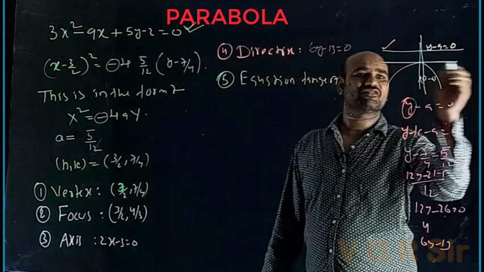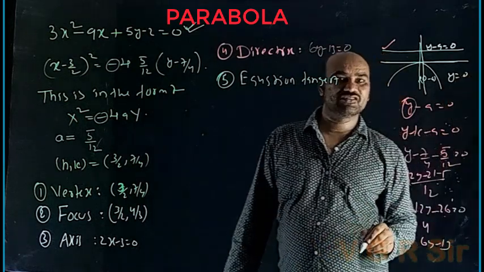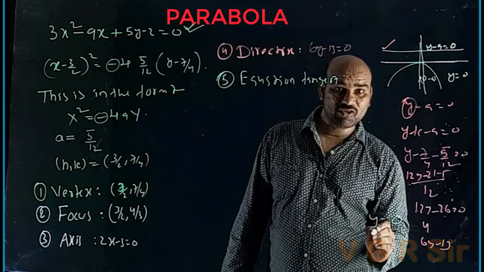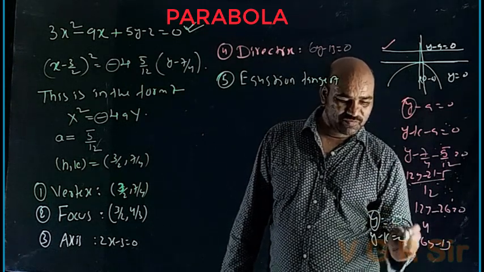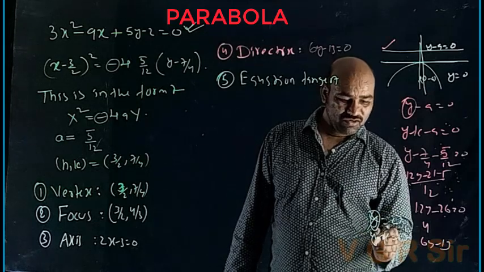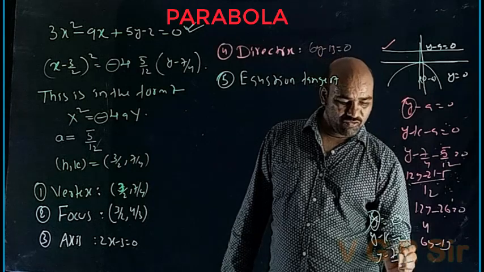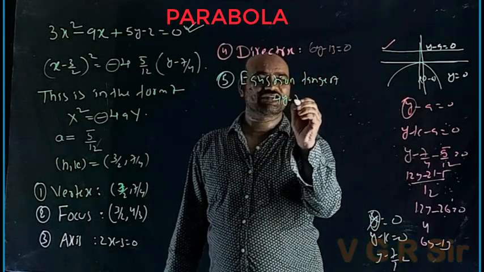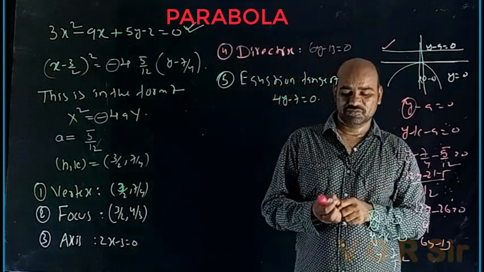Actually here, the equation of the tangent is the x-axis. X-axis means small y equal to 0. Small y equal to 0 means what? What should we write? Capital Y equal to 0, the actual transformed equation. So instead of this y, what should we write? Y minus k equal to 0. Actually this is capital Y. Okay. Y minus k equal to 0. K means what here? 7 by 4. Y minus 7 by 4 equal to 0. Means what? 4y minus 7 equal to 0. 4y minus 7 equal to 0 is the equation of tangent.